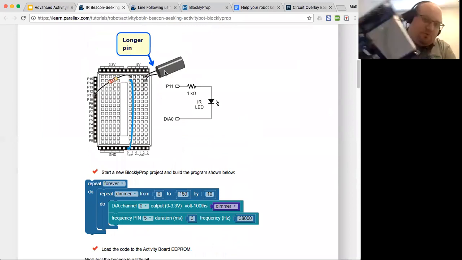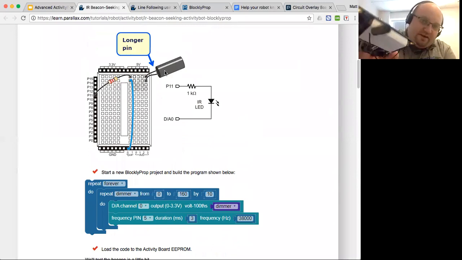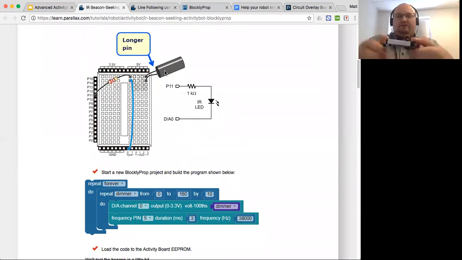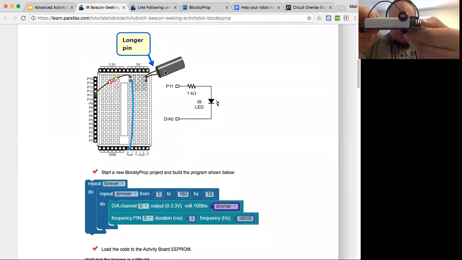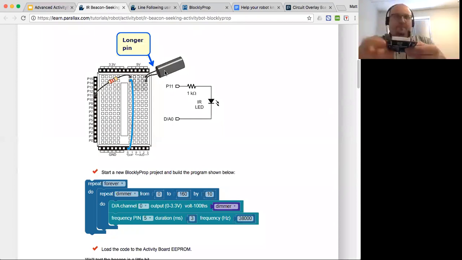It's basically just one of the IR emitters with a smaller resistor so that the IR emitter ends up being brighter. And what's cool about cameras is they can see infrared. I don't know if you can see that purple glow to it when I turn it on, but human eyes can't see that, but cameras actually can, and to them it looks a little purplish. But this is the beacon. And what's cool about the beacon is the robot's going to go find it. So we're going to put this